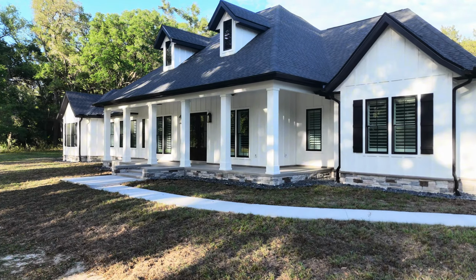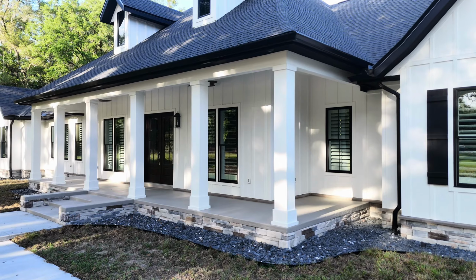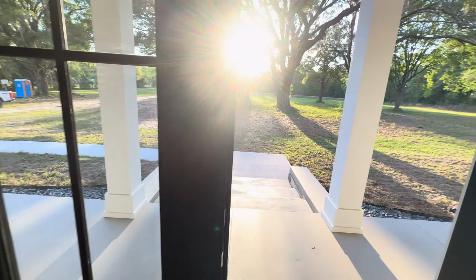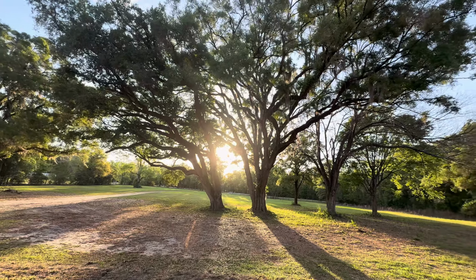It is a great white and black farmhouse, which is very popular. It's been popular for a few years now. I know more people are going to want to build this style home in this area. Looking out from the front porch of this home, just a beautiful view. I know my clients are really excited to get moved in and spend some time on this front porch, taking